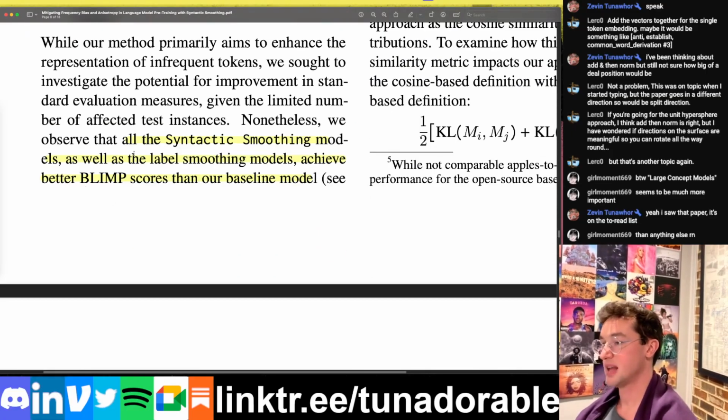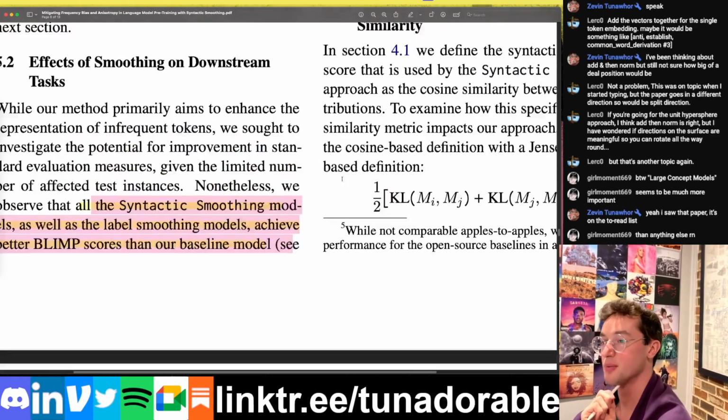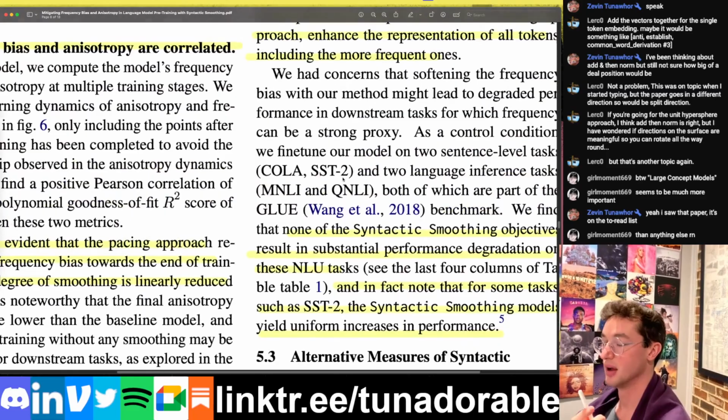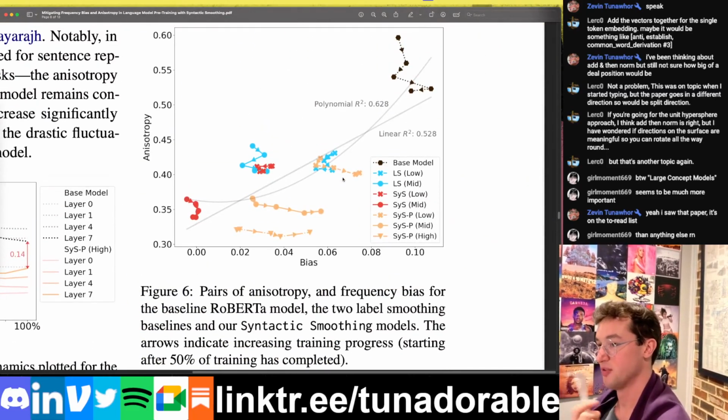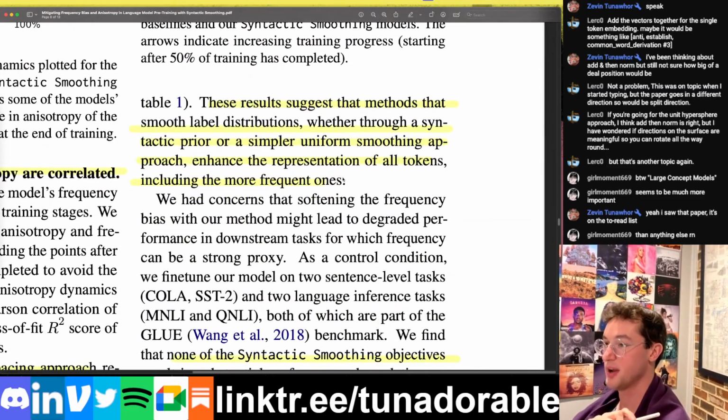Now, all of the syntactic smoothing models, as well as the label smoothing models at a different baseline, achieve better BLiMP scores than the baseline model. But again, BLiMP is just one metric. It's not an actual full-on test of language models, right? These results suggest that methods that smooth label distributions, whether through a syntactic prior or a simpler uniform smoothing approach, which is what the other baseline did, which was just way too simple,